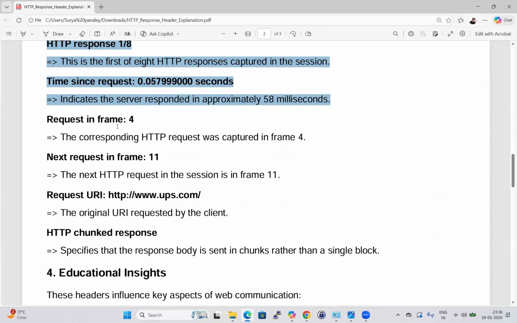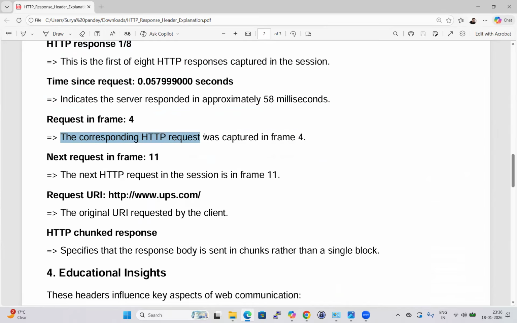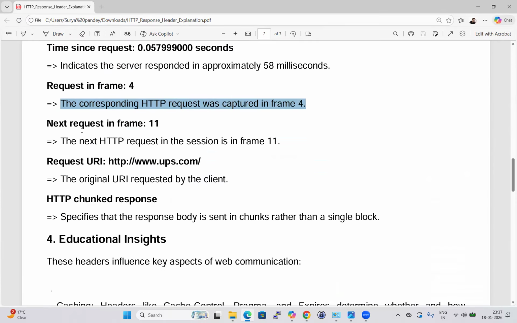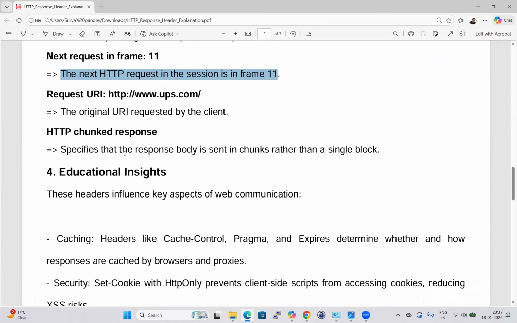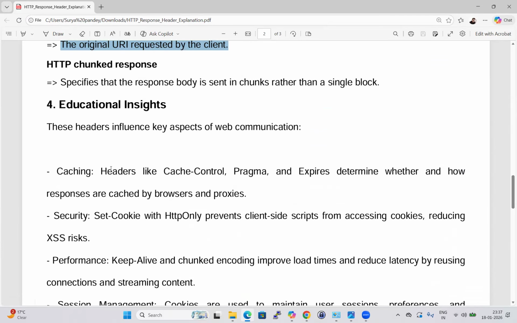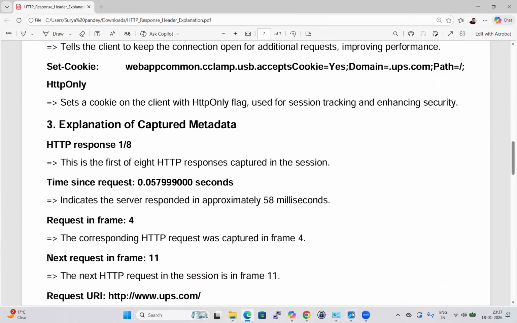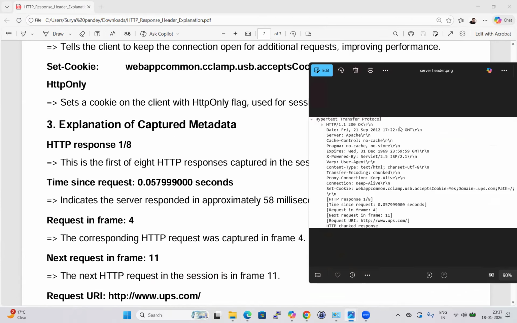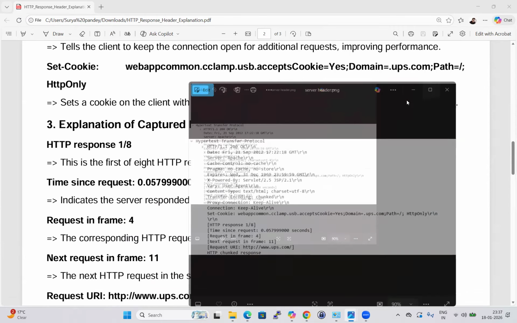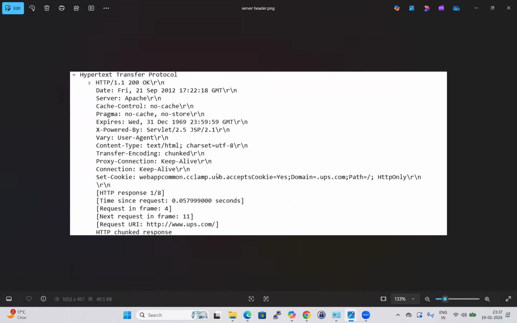Okay. Then we have request in frame. The corresponding HTTP request was captured in frame 4. Next request in frame 11. The next HTTP request in the section is in frame 11. And then this is the original URI requested by the client, and there are some additional details there. So important things to analyze the HTTP header, like HTTP request header and HTTP response header, is, we